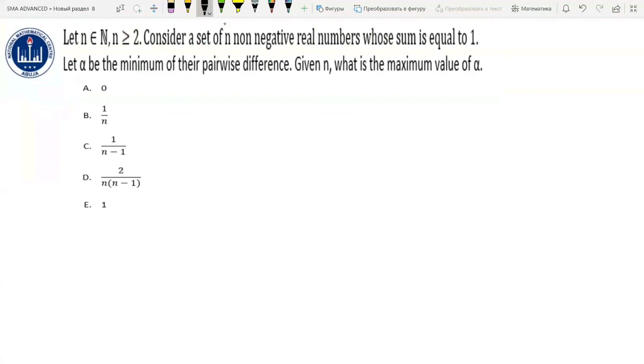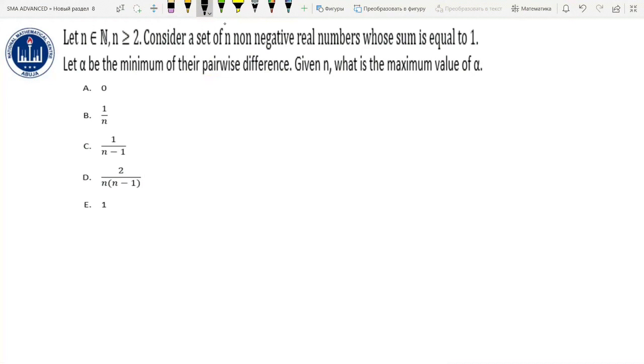So this question has a kind of ambiguity in what they mean by pairwise difference here. They didn't really specify if we are to take the positive pairwise difference, which is what I think they most likely asked for, or to take both the positive and the negative difference, like if you consider two of them differently. So I'm going to do the two cases: when the positive and negative differences are considered differently, and when we focus only on the positive pairwise difference, which is essentially the same as the absolute value of the difference.